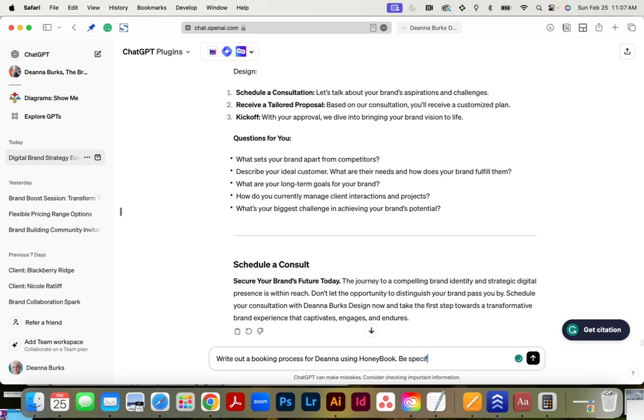Be specific about each phase from inquiry to completion, and create an outline Deanna can use to create her HoneyBook setup. Okay, so